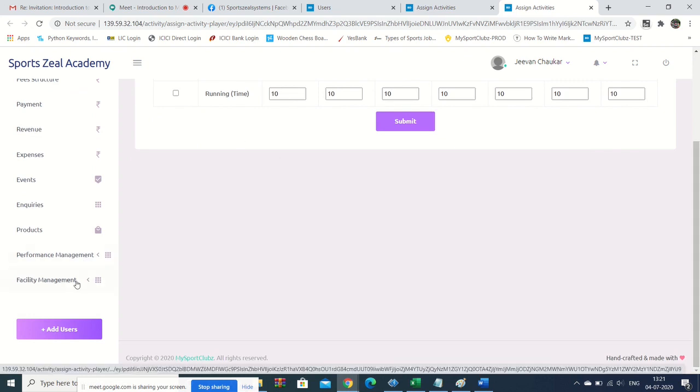Once you start using it, we will show you more details. And if you face any difficulty in using this, or if you feel that something is not working correctly, at that time, we will collaborate with you and we will fix those issues. Of course, one thing you need to keep in mind is that we are already providing this kind of software to multiple clubs. So, we do not make too many changes to the software only for one club, because it's a product.